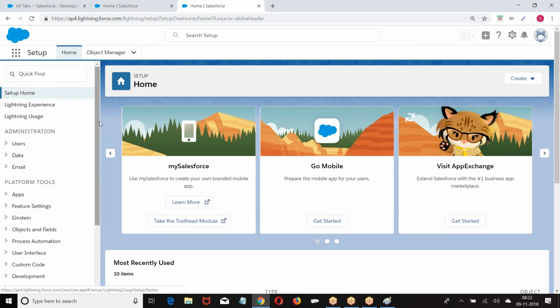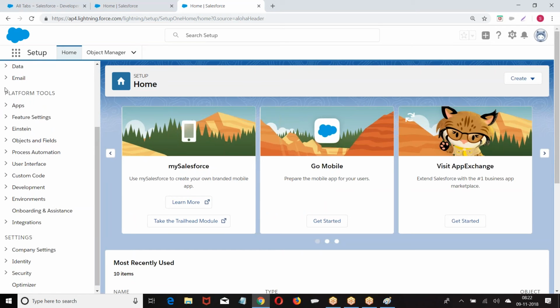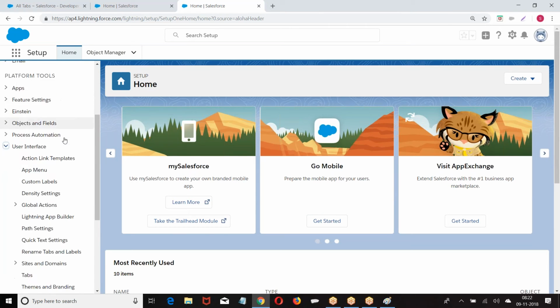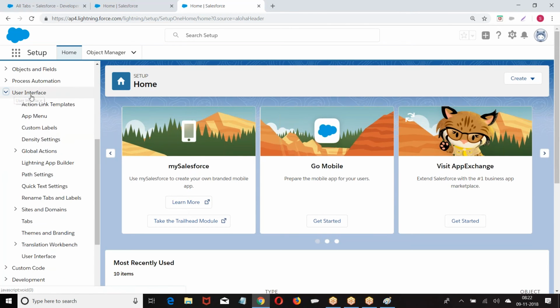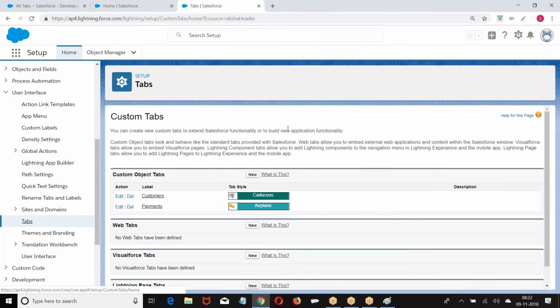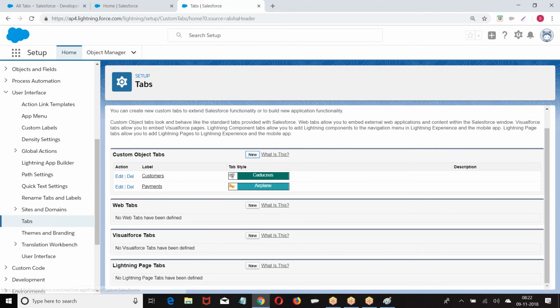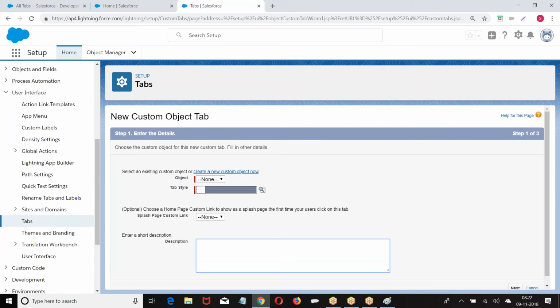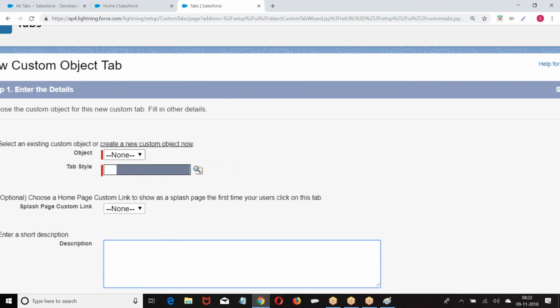Then we have Platform Tools, User Interface, Tabs, New. I have loan.